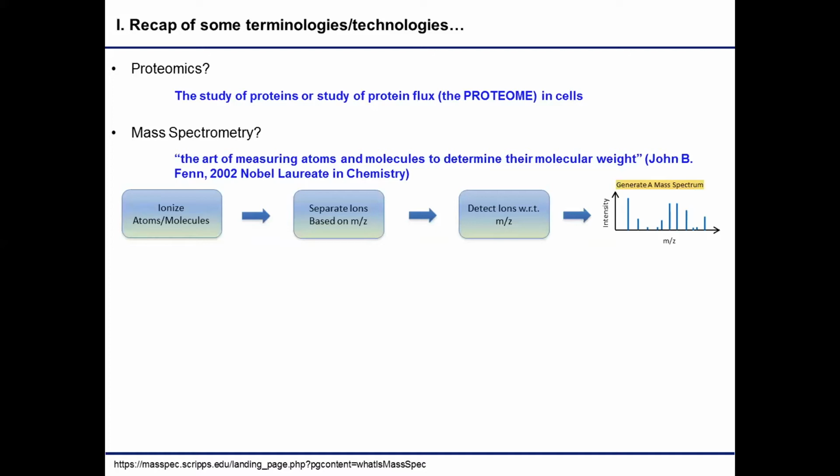And there are also many methods to separate ions based on the M over Z value, where you can separate them when they are isolated in a magnetic sector, or you can channel them through ion quadrupoles and see how they distribute themselves in various electric fields, and how you detect the ions,